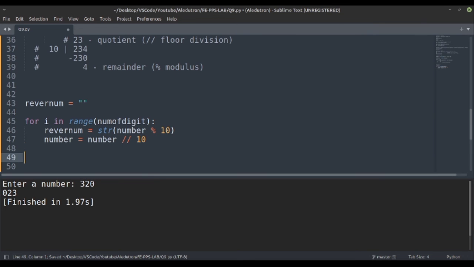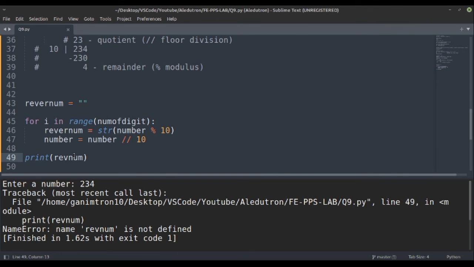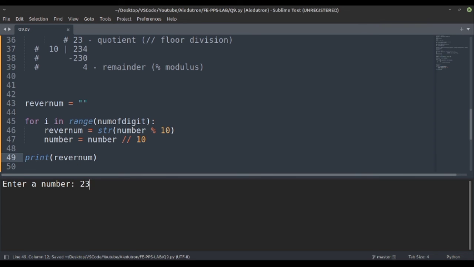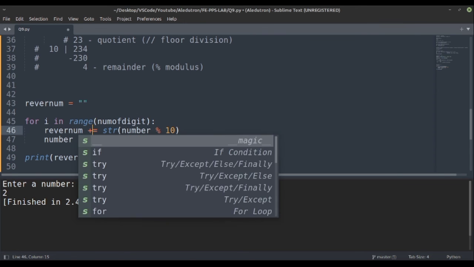So we will basically get reverse num as we require. With 2 3 4, rev num is not defined, so reverse num, again 2 3 4, and it is giving only 2. It is only giving 2 because we are not adding to rev num in each step.